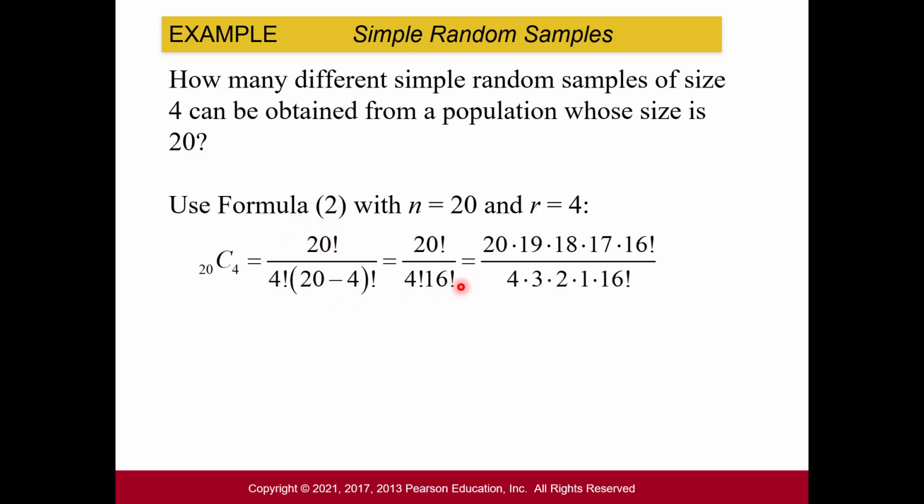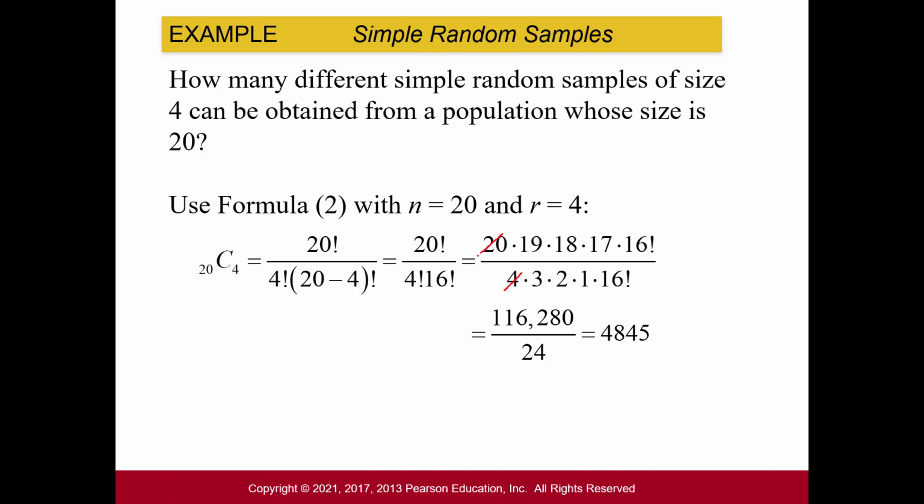Okay, so we just fill in our formula where 20 is our N, 4 is our R value, and then we start simplifying. Notice on top, we expand 20 factorial, 20 times 19, all the way until 16 factorial. We can stop expanding there because the 16 factorial on top will divide with the 16 factorial on bottom. And then we did expand the 4 factorial, 4 times 3 times 2 times 1. And what you can do, so you can multiply this out on bottom and on top, but if you also want to, you can divide out any common factor. So let me just show you. If you are going to do this thing by hand, you could say something like